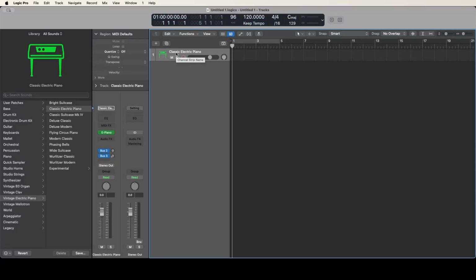Today we're going to take a look at ML Drums and how you can get started using it as a